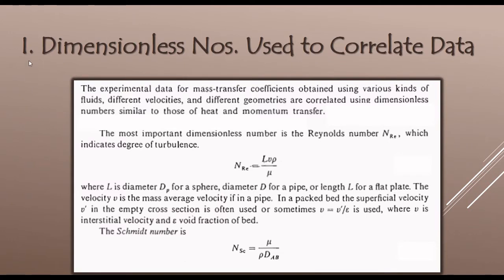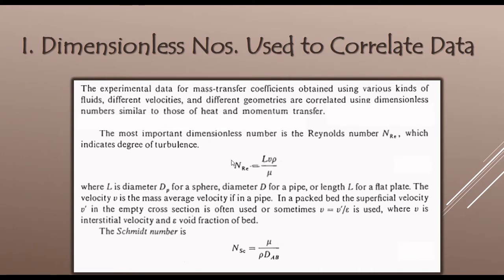Now, the first part of this set of slides will be discussing dimensionless numbers that are used to correlate the data that are given in the problem. After this, we'll go to the actual equations that we will be utilizing together with the appropriate illustrations or graphs that will solve what the problem requires. Now, the experimental data for mass transfer coefficients obtained in various kinds of fluids and even different velocities and different geometries are correlated using the dimensionless numbers that I have mentioned. So on top of the list is the Reynolds number, which actually tells us whether the flow is laminar